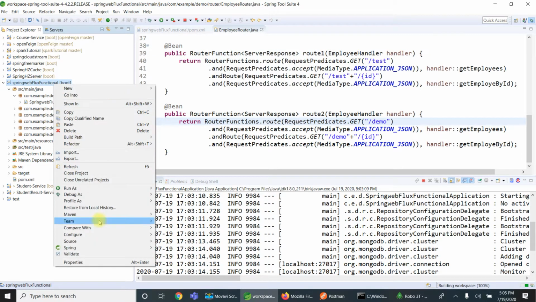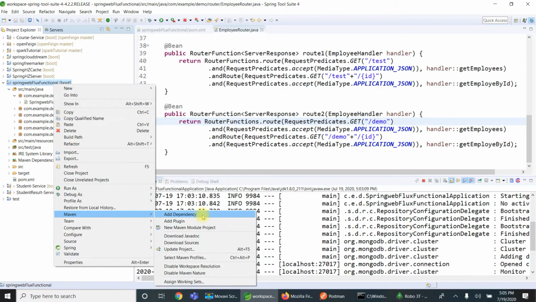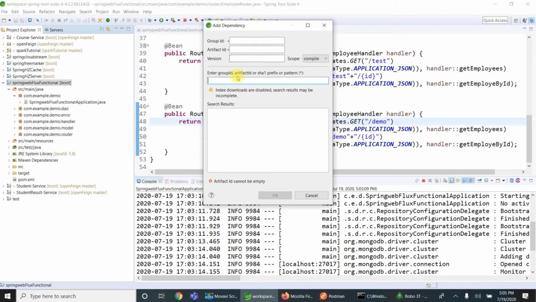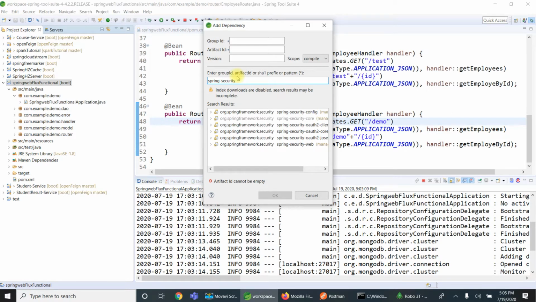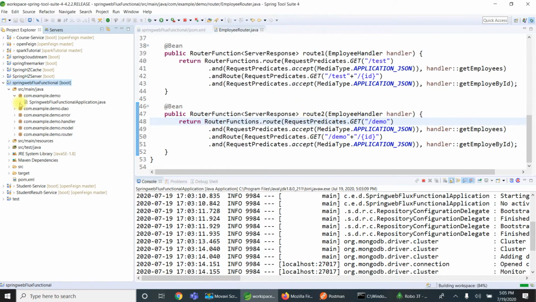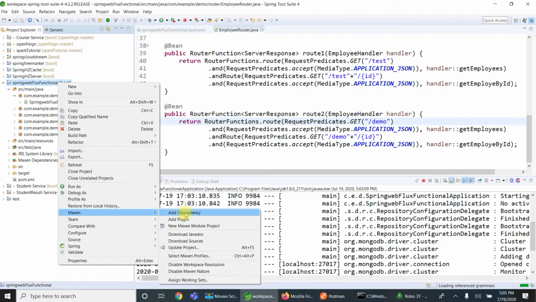Similarly, I am going to add spring-security-config, and I am going to add one more dependency, Maven add dependency,